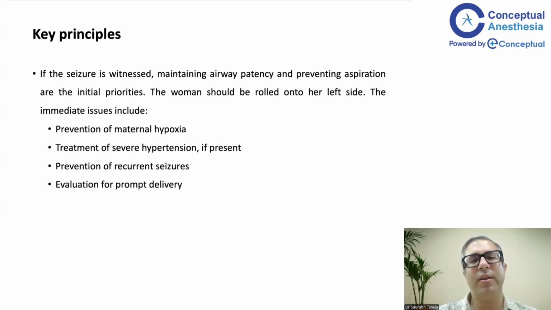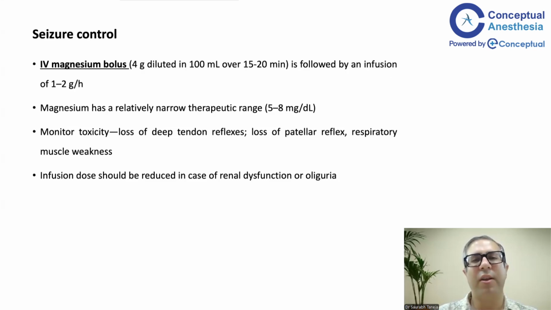Why do we maintain the airway patency and prevent aspiration? We have to prevent maternal hypoxia. We have to treat the severe hypertension that the patient presents with. If she has eclamptic seizures, we have to prevent the recurrence of seizures and evaluate for prompt delivery. A very typical drug used in eclampsia is magnesium. So always remember to use magnesium when the patient has eclamptic seizures. But whenever you give a dose of magnesium, remember it has a narrow therapeutic range, and when magnesium toxicity occurs